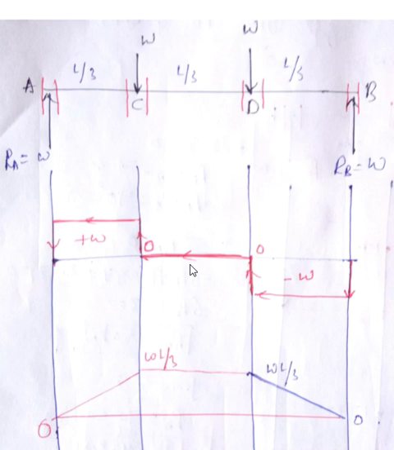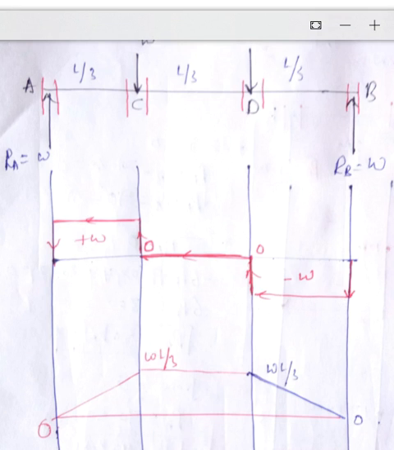There is no shear force but only bending moment. Such a section is called pure bending moment. This beam is subjected to pure bending moment. There is no shear force. This is about the shear force diagram. Look at the variation, they are constant because it is subjected to point load.